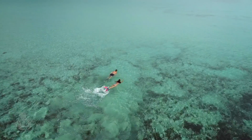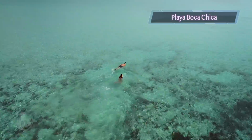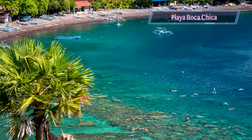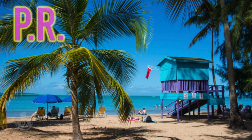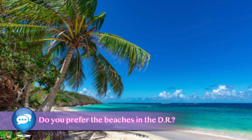In Santo Domingo, be sure to check Playa Boca Chica, one of the Dominican Republic's more popular beaches with calm water which is protected by coral reef, so great for swimming and snorkeling. So beautiful beaches in the DR, but if you're a true beach lover and love a great variety of beaches, Puerto Rico is more of a beach lover's destination, with hundreds of beaches to choose from, and each one unique